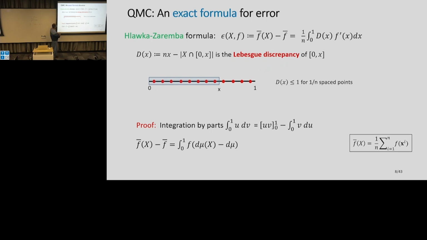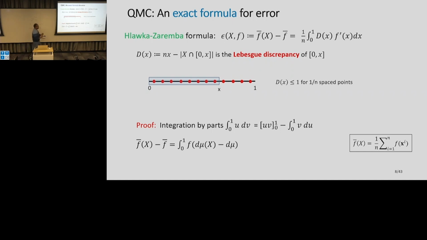Now I can think of f bar of X, by definition, as just evaluation at these points times 1 over n. So I can think of this measure mu of X, which is putting 1 over n Lebesgue measure at each of these points x1, x2, and so on.